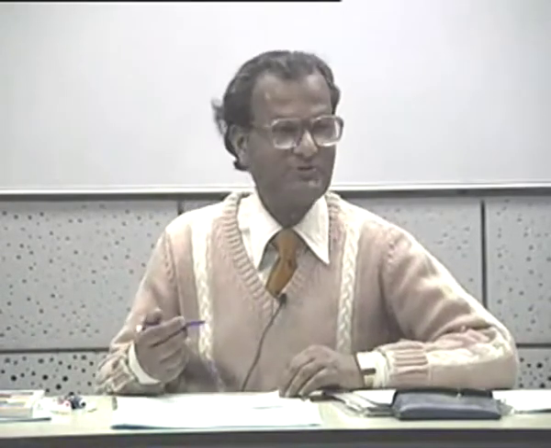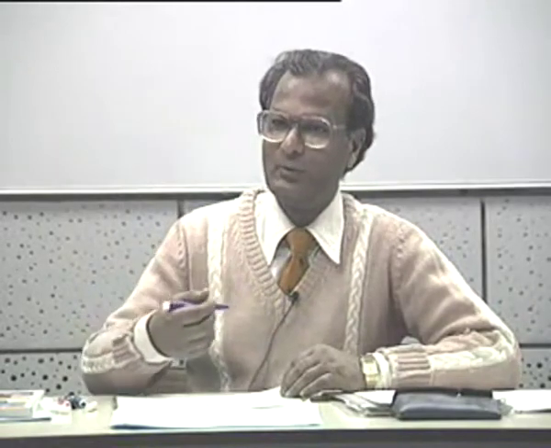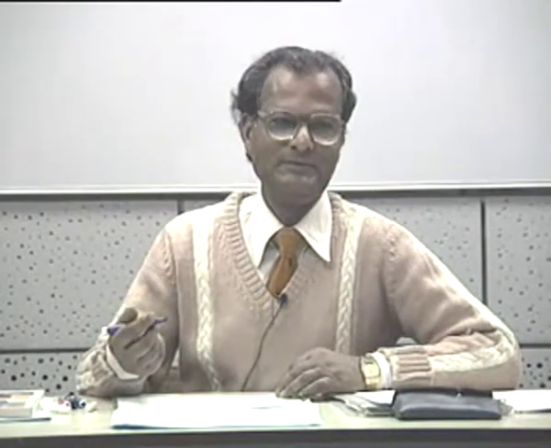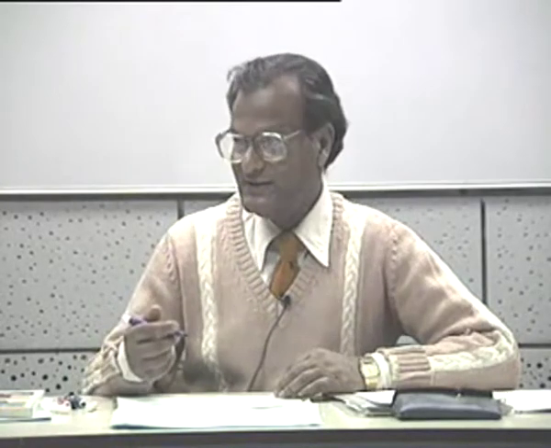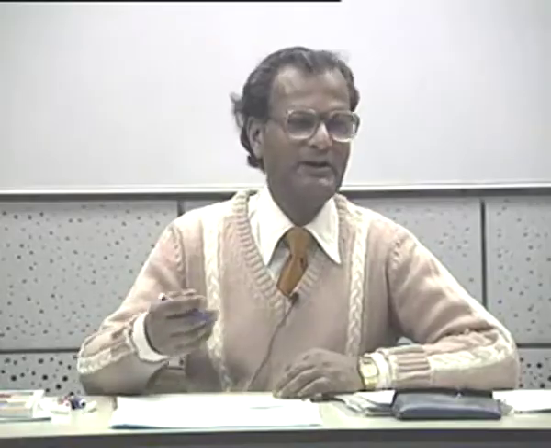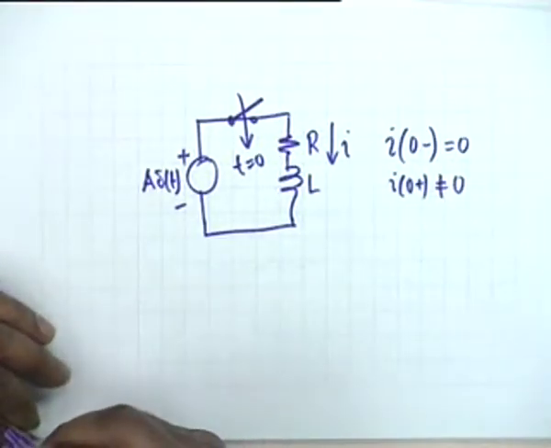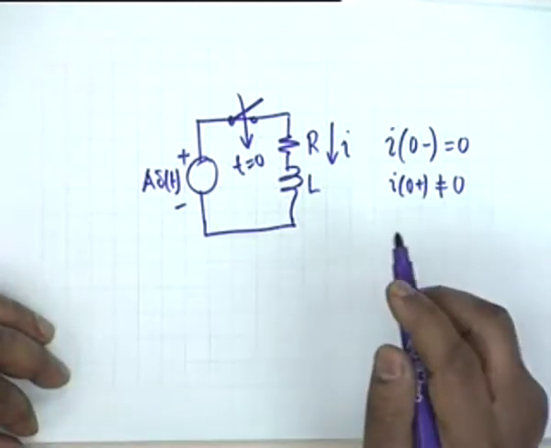This is an avalanche situation. An infinite amount of voltage is applied over an infinitesimally small amount of time. The inductor has no other way but to accept an energy. Alright, this is a crisis situation. It does not obey the ordinary laws that we have so far. This is not equal to 0. And to find out I of 0 plus,